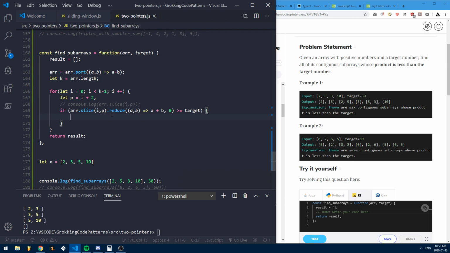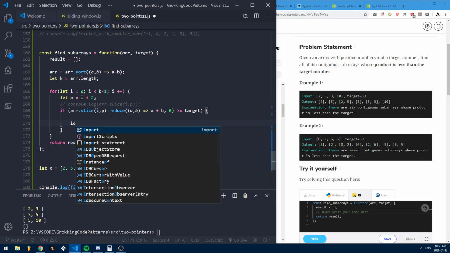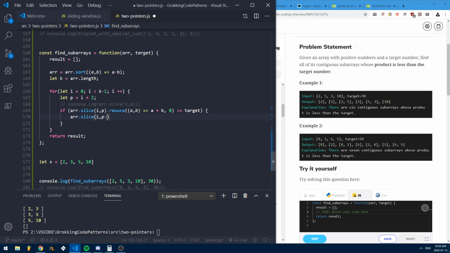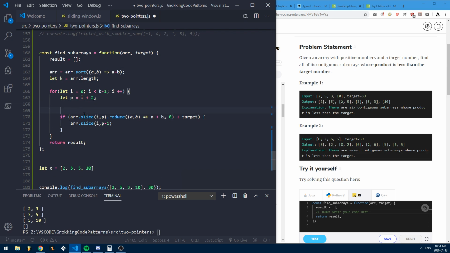We want every permutation from I to p minus 1, right? Because if we slice to get p, and now, yes, we want p minus 1. So we want every possible permutation of... okay, we can add the singles here. I got it, actually. So what we want to do,